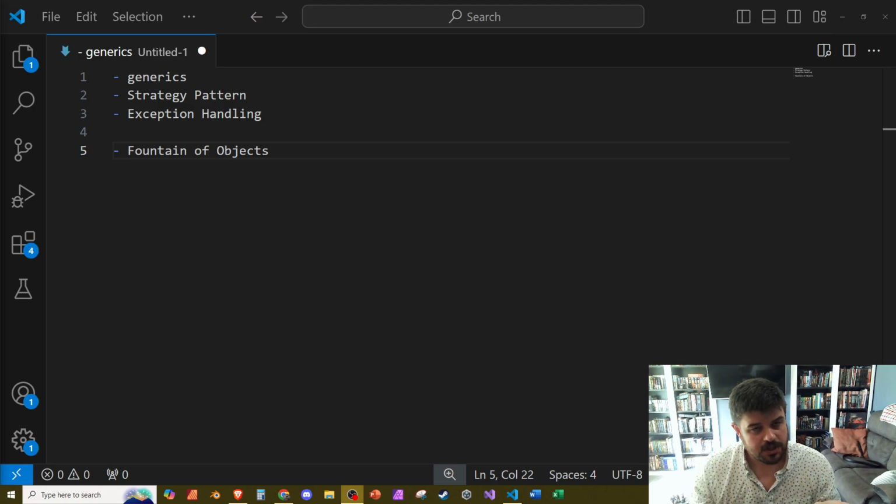So that's my C# progress for the week. Generics, strategy pattern, really starting to handle exceptions without just making things nullable or not nullable. And then I'm almost done with the Fountain of Objects. I built it forward thinking so that I'm going to be able to tackle 3 or 4 of the expansions all at once, just using inheritance and interfaces. The one I got to play around with is the board size one, but I feel like that's a critical one.